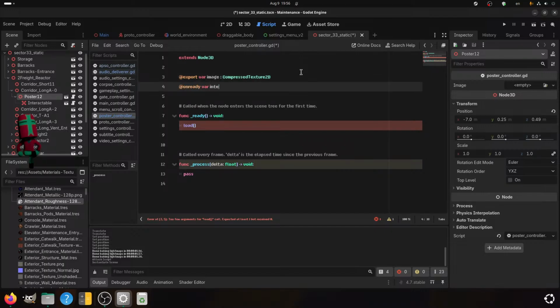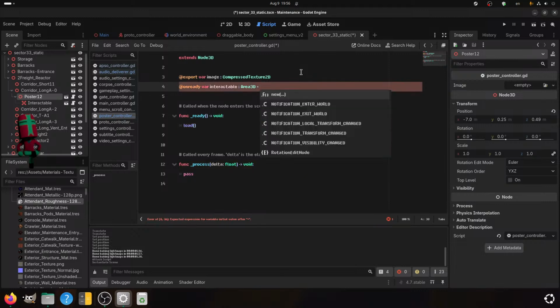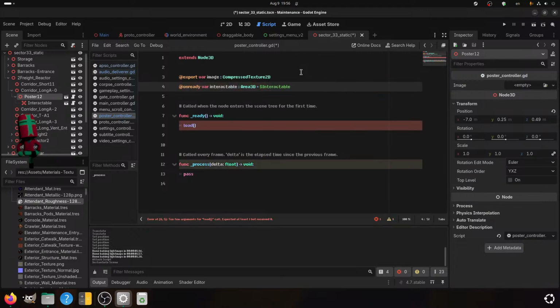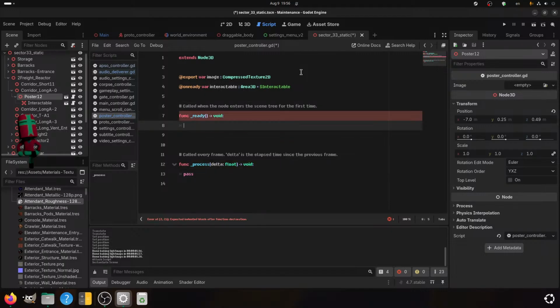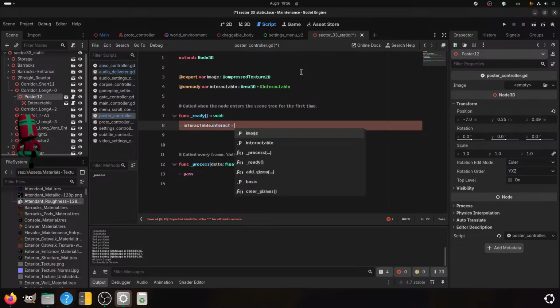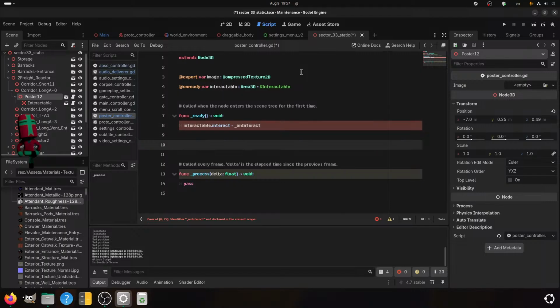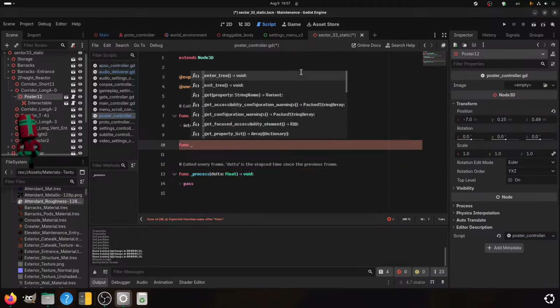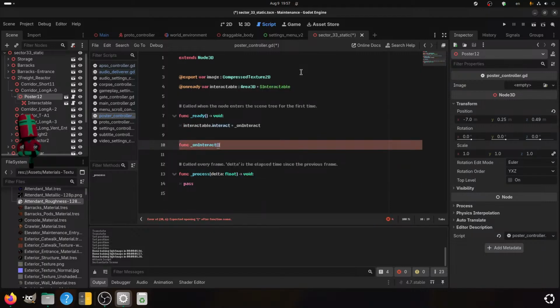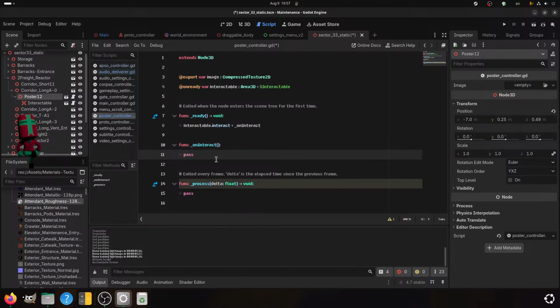Already var interactable area 3D equals interactable, and interactable dot interact equals on interact, and func on interact pass for now.